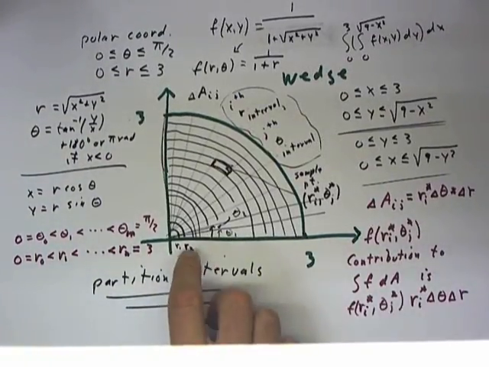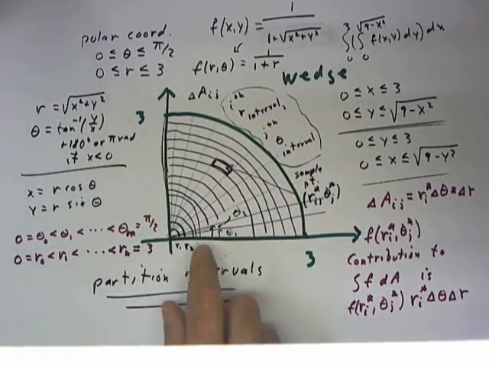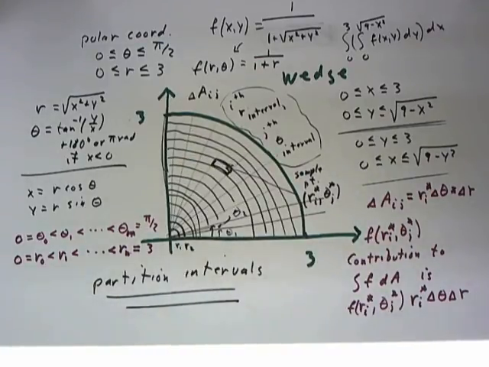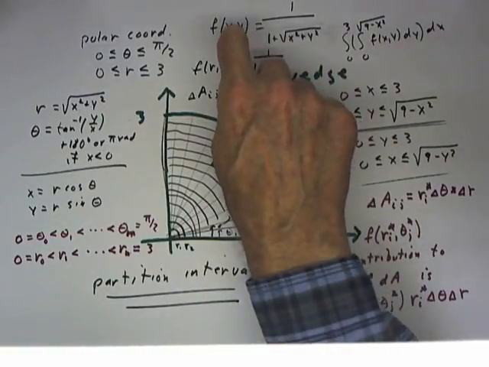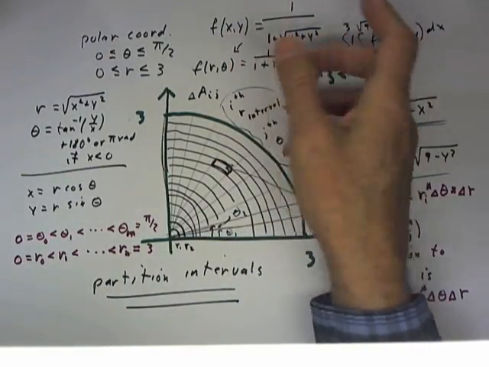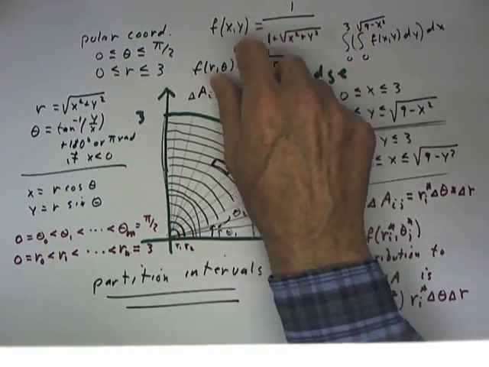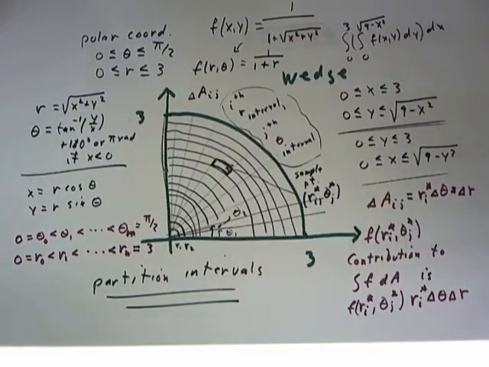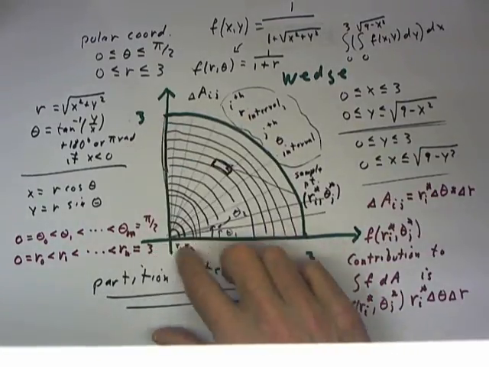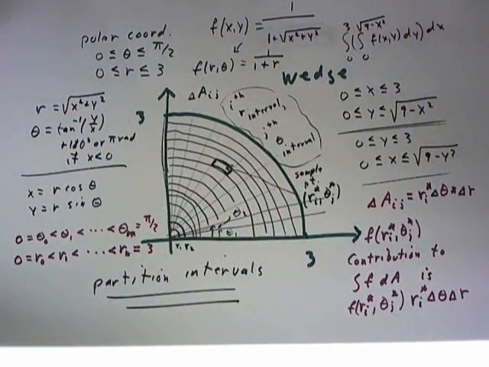We've seen that the region, the wedge between theta equals 0 and theta equals pi of radius 3, can be modeled in terms of x and y or in terms of r and theta. If we're trying to integrate a function, which again we might consider to be an altitude function or a density function, the interpretation of our integral might be a mass or a volume. The mass of a plane region, the mass of a flat wedge, or the volume of a region of three-dimensional